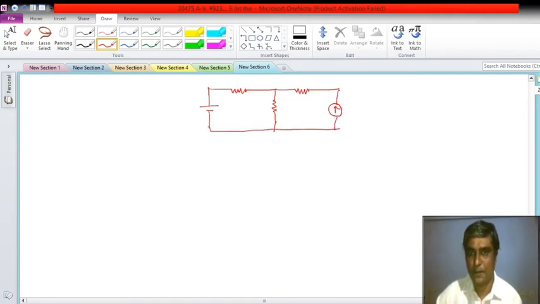Okay. Let's say the voltage source value is 10 volt here. Then this is the 2 ampere current source. This is the resistor of 1 ohm. Let's say this is 2 ohm, and suppose this is 3 ohm. Okay, so this is the problem. Again, same: find out all the branch currents as well and do the power audit.